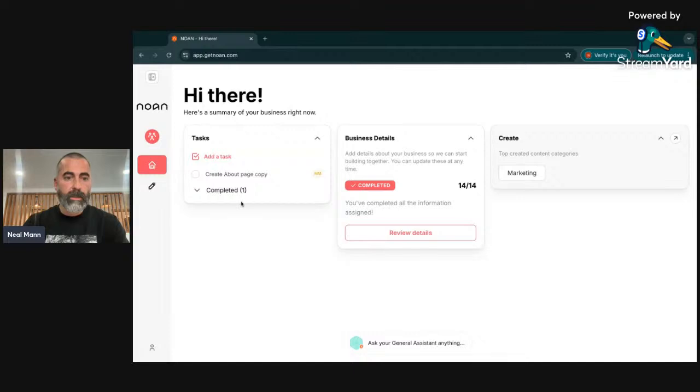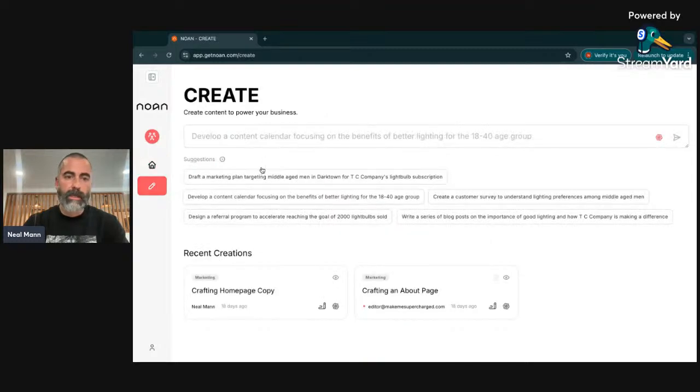And you'll see now that those tasks, about page copies, popped up. You can see that I've set that on that side. Create mode is now available to them, so they can jump in and start creating. And one of the things we've heard from a lot of designers is like the content creation for their clients is hard work. It's hard graft. I mean, you can speak to that more than I can, but I've heard a lot about getting somebody to create their content is difficult. Immediately they can get in and start creating copy in this environment